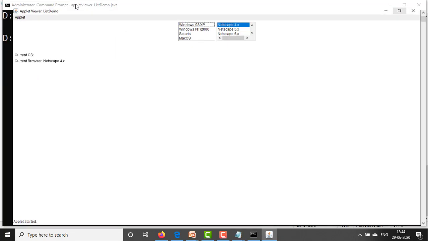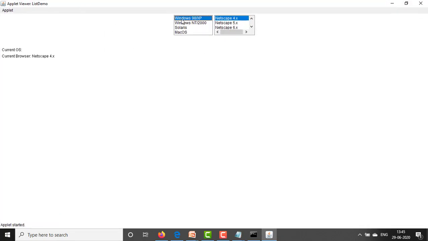You can see here Windows. When we are selecting Windows, this is a multi select. Then you can select multiple items like this, and here you can select only one item at a time. A scroll bar is provided for the items. The number of items is more, and the default value we have provided is only 4, so 4 items are displayed here. And here you can select only one item.